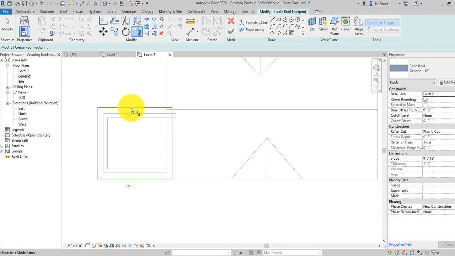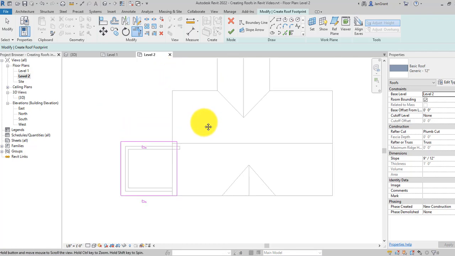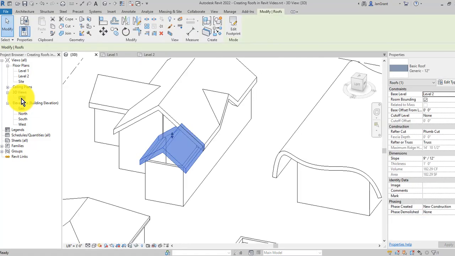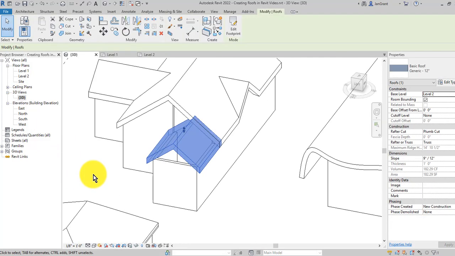So I have 2 sides that are sloping up, and another third side that's not, because that's the gable end. And I have a 1 foot overhang on those 3 sides. This side I just drew a line, and I tried to get in here and draw it at the face of this wall. And if it's not exact, we can always modify it later. Okay, if I pick the green check mark and I go to the 3D view, what I'm seeing here is